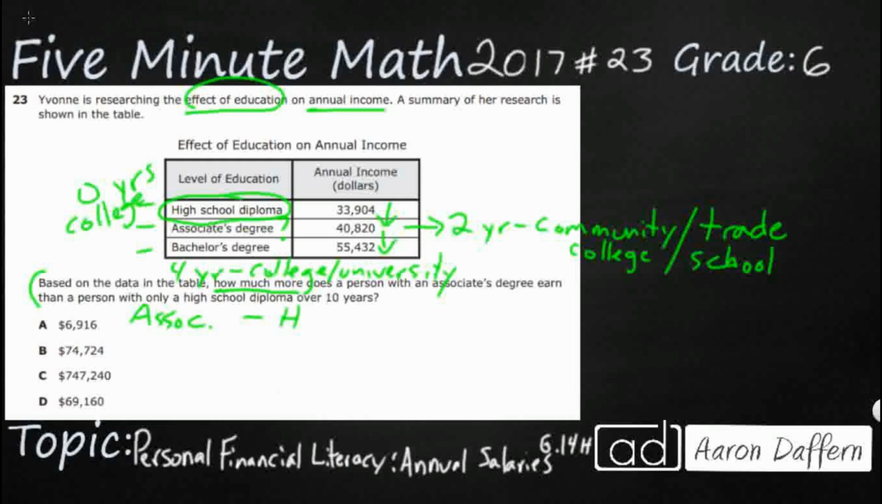minus high school, and I'm going to kind of do this in 2 chunks. It says over 10 years, so I'm just going to do the associate's minus high school over 1 year, the annual income, because annual means 1 year. And then I'm just going to take that and multiply it by 10. Be a little bit simpler. So let's take our